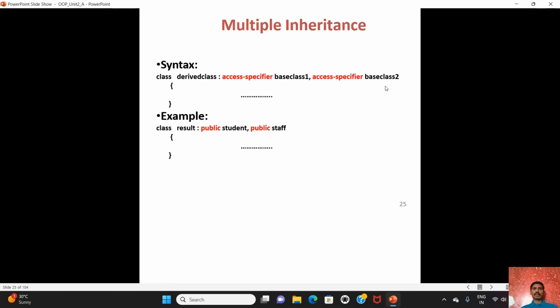Multiple inheritance. The syntax is class derived class colon access specifier base class 1, comma, access specifier base class 2, opening curly bracket, close curly bracket. Example: class Result : public Student, public Staff { };